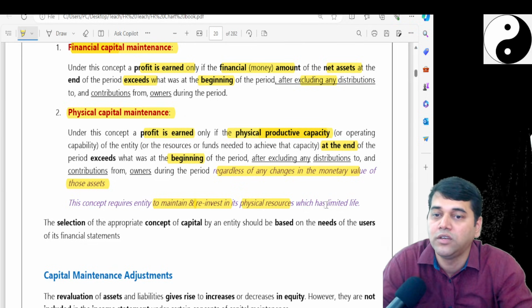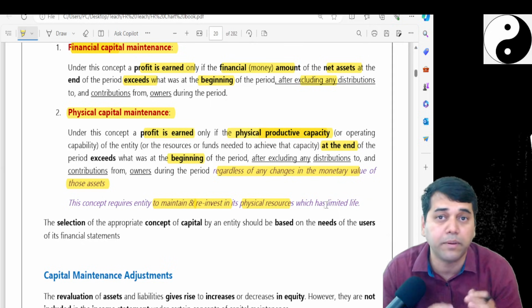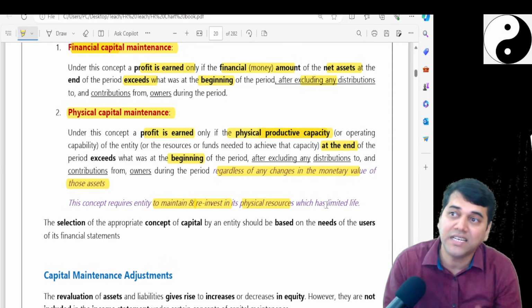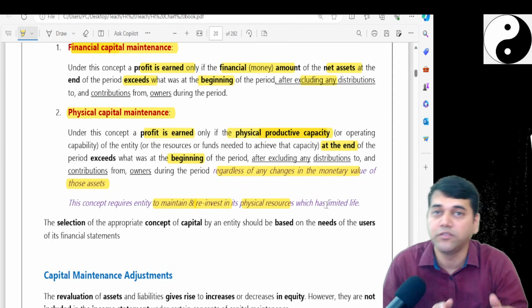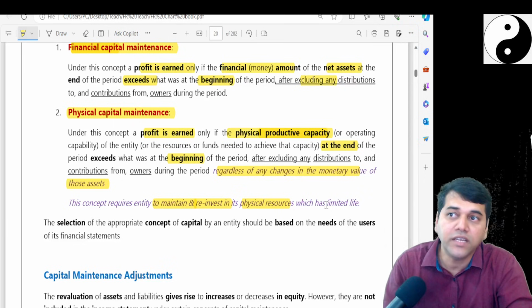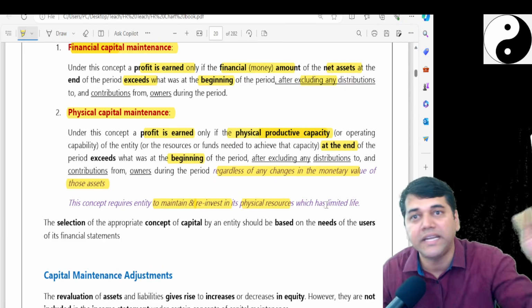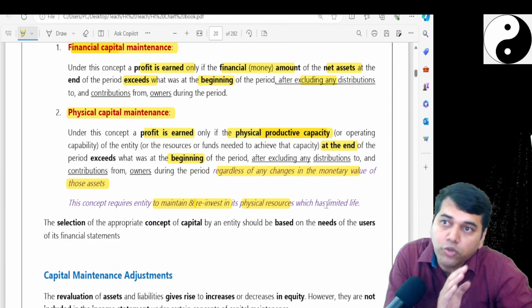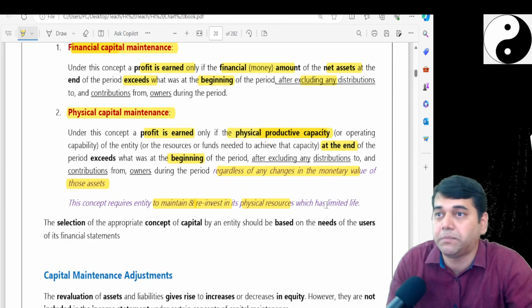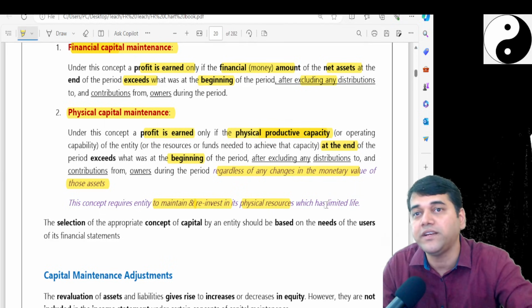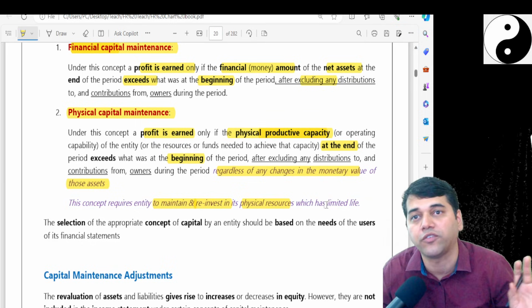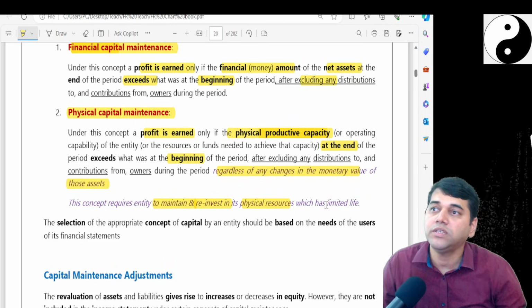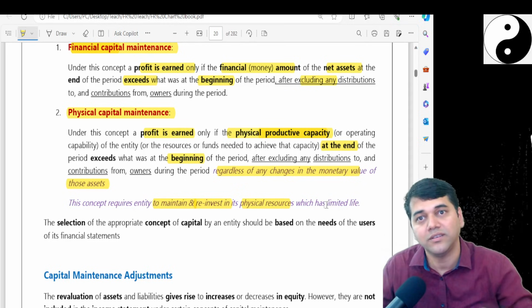It says, look, what is your asset? What is its earning capability? Is that much earning capability maintained at the end of the year? If it is more than that, if you have maintained it, made a painting and all, and you are able to earn 6,000 rupees rent per month, that means your profit is 1,000 rupees per month, 12,000 rupees is your profit for the year. Your accounting concept doesn't go with that.